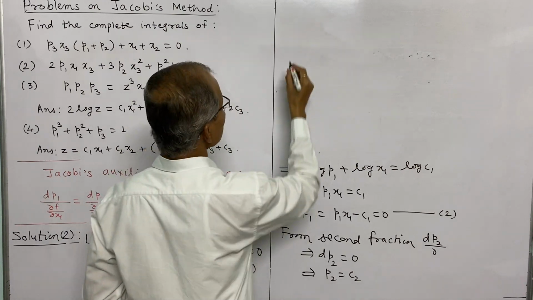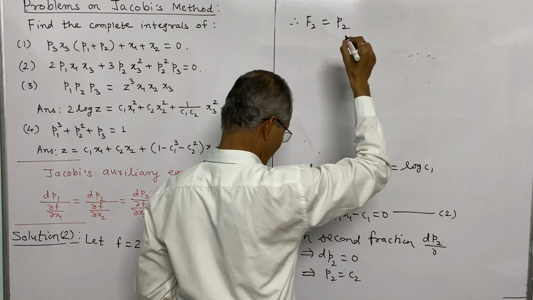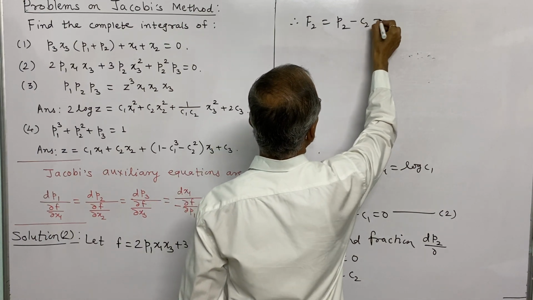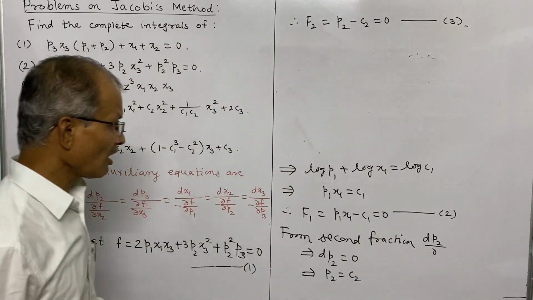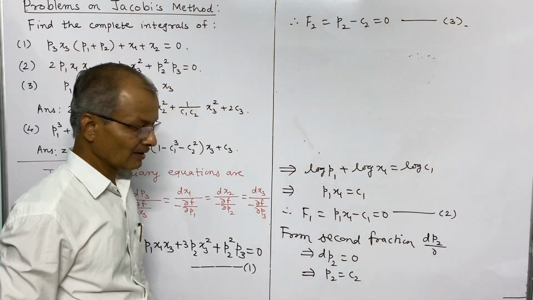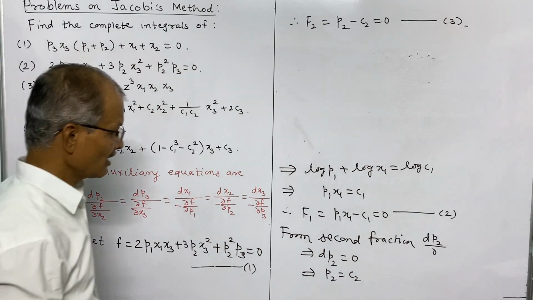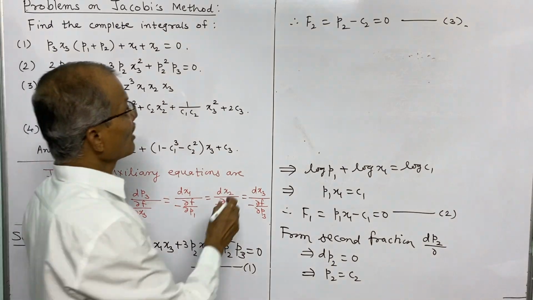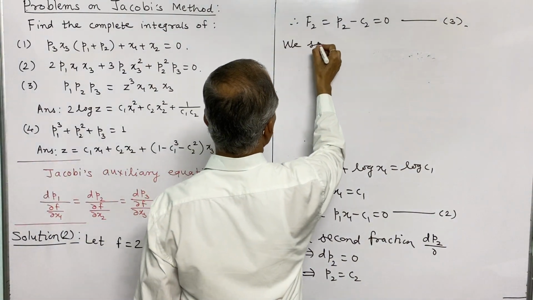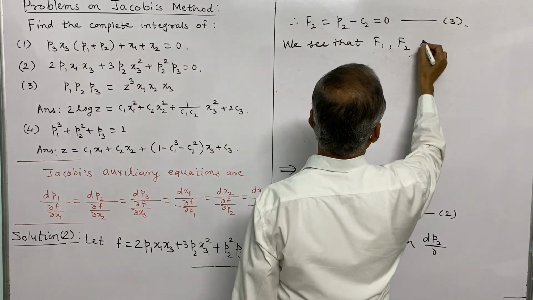So this implies therefore f2 is p2 minus c2 is equal to 0. We take this as third. Now we want to solve 1, 2 and 3 to get the values of p1, p2 and p3. But before that we should verify one thing, that this f1, f2 satisfies equation 11. We see that f1, f2 satisfies